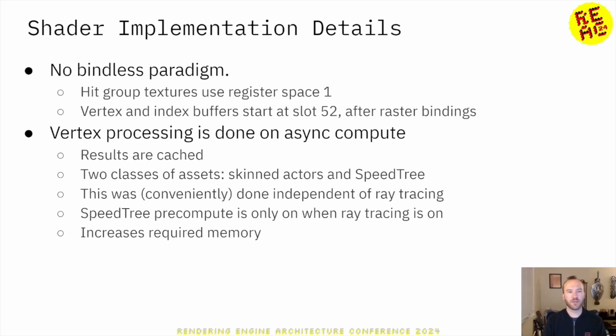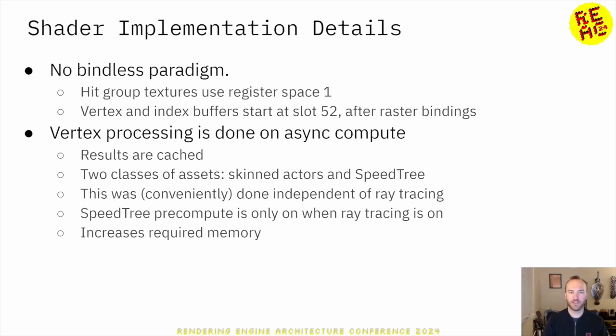I'll begin by talking about shaders. On Diablo IV, we don't use a bindless resource paradigm, instead a more traditional binding model on a per-draw basis. To support ray tracing, we take advantage of register spaces and access all hit group textures in register space 1. The vertex and index buffers for barycentric calculations are bound in space 0 after our traditional raster pipeline bind locations,